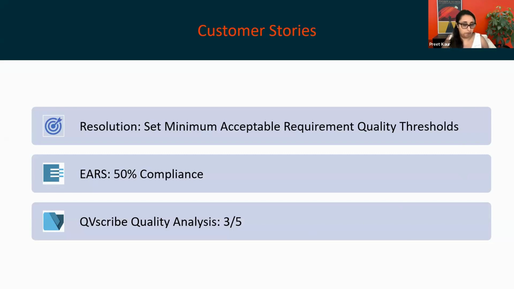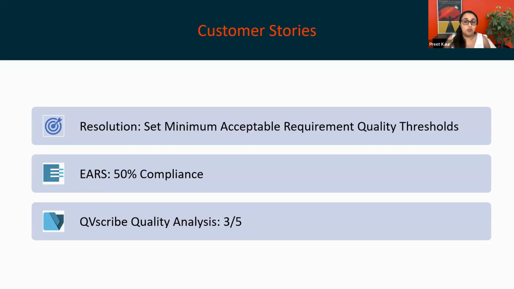at the same time. As part of this initiative, the requirement manager ended up launching a new process. Basically, any requirement documents being submitted for review from there on needed to meet the minimum requirement quality threshold set by the team manager. So to put it in words of execution, in this particular case, the team was asked for EARS compliance of every document to be submitted for the review to be at least 50%